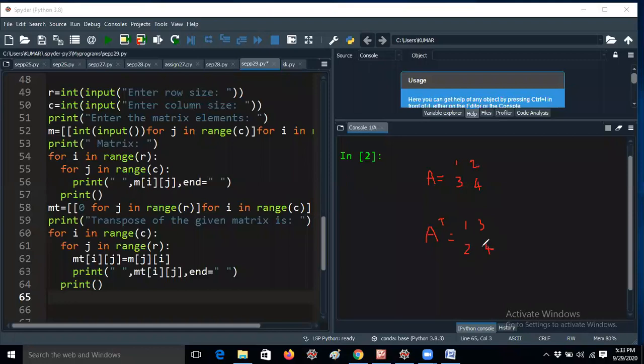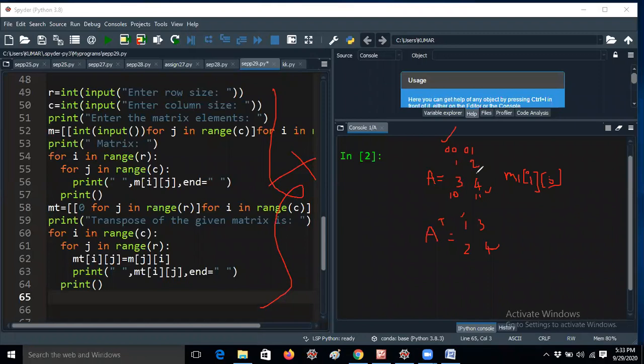You should observe the logic is very simple, guys. Don't think the program is very lengthy. In matrix, mathematics or programming, we tell this position as 0, 0. This is 0, 1. This is 1, 0. This is 1, 1. We know that already. Whenever you have a matrix M1 of i, j, the 0, 0 and 1, 1 positions are the same in the resultant matrix also.